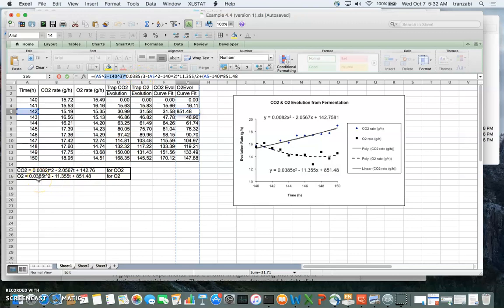It's 0.0385 times t raised to second power. Now integrate, it becomes t raised to the third power divided by 3. And that is the third power right here. The second term is minus 11.355 divided by 2 times t raised to second power. And then the last one, which is the constant term, is 851.48 times t. And when you integrate from 140 to, let's say, A5, that's going to be the t term. Okay, so just to show you more details, and then just drag this down,